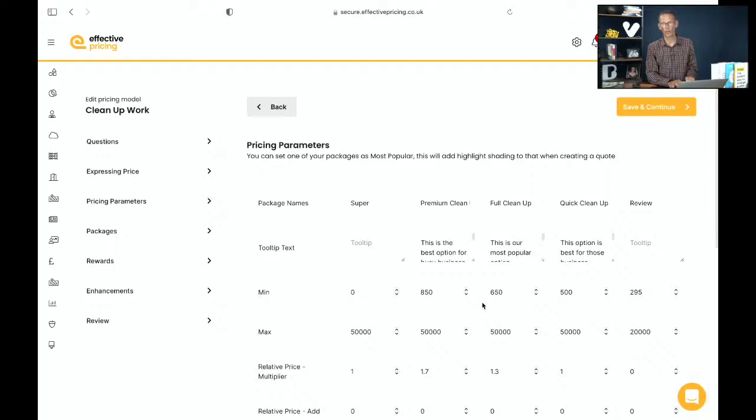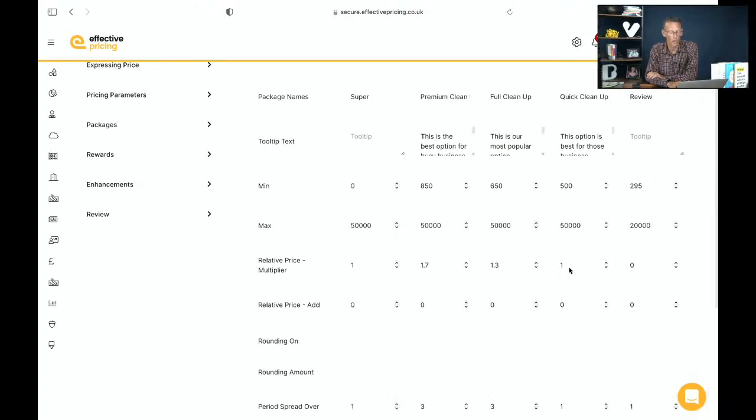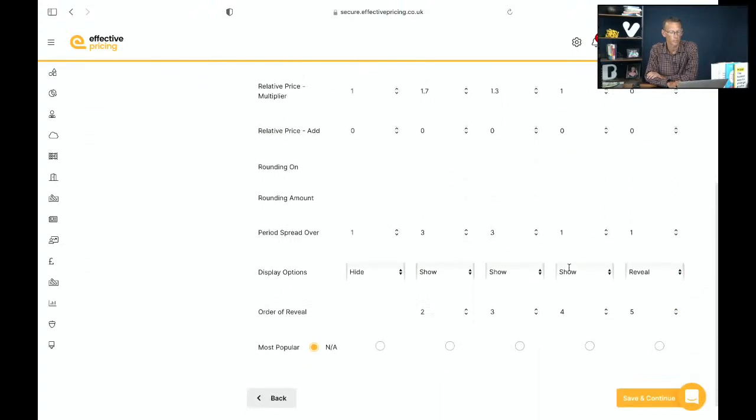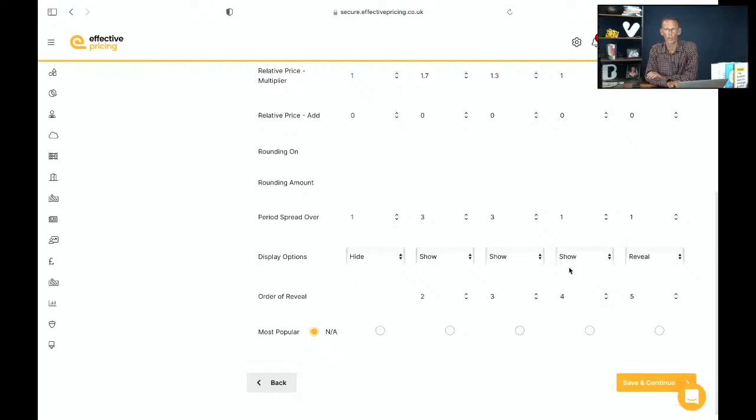Usually by default you'll use 3. You'll use the middle 3 columns. You would ignore columns 1 and 5. Column 5 is if you want a light cut down version. Column 1 is if you want a super premium version. So columns 1 and 5 are your optional ones if you want more than 3 packages. And you want to go to the bottom of this screen, and the third to bottom row says display options,